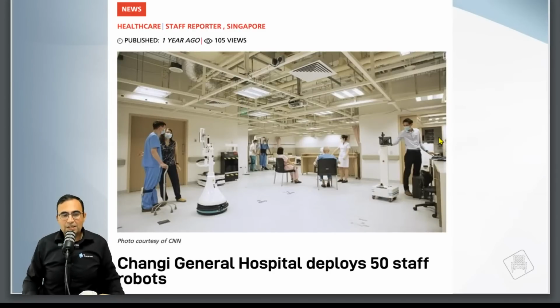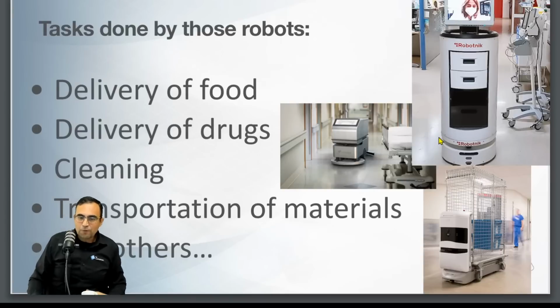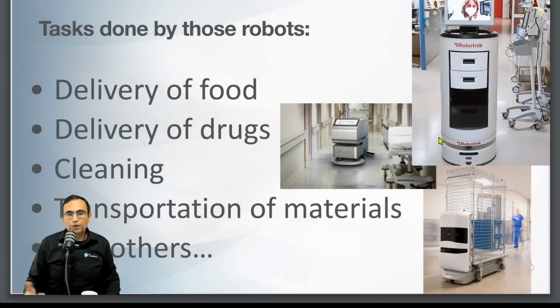This is news that I saw on CNN about the Changi General Hospital in Singapore, which was deploying, at that time, more than a year ago, about 50 robots for their staff. That's awesome, right? And what were those robots doing? Well, they were doing a lot of things. They were, for example, delivering food to the patients, delivering drugs, cleaning around, transporting materials, and other tasks that are not related to robots moving around, like, for example, robots